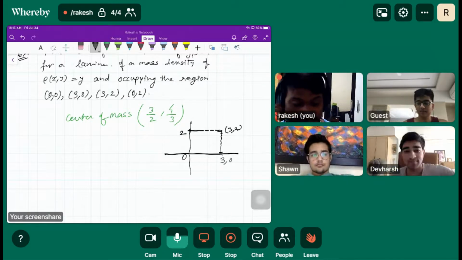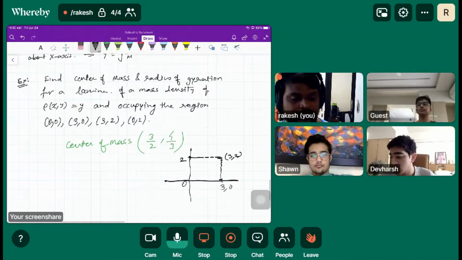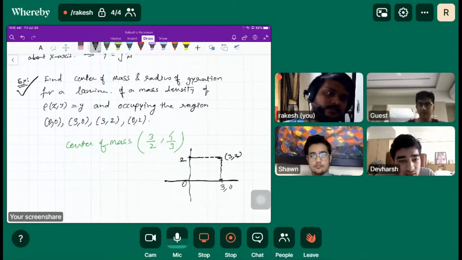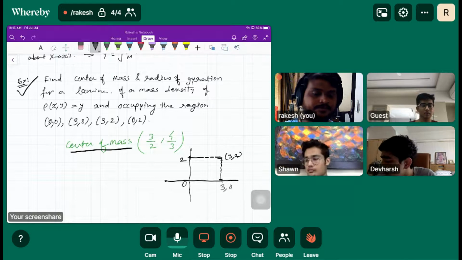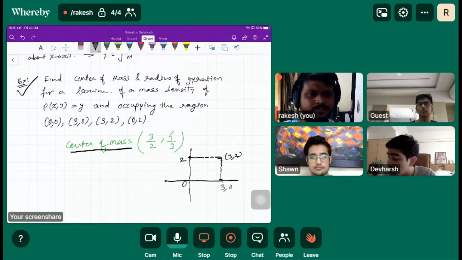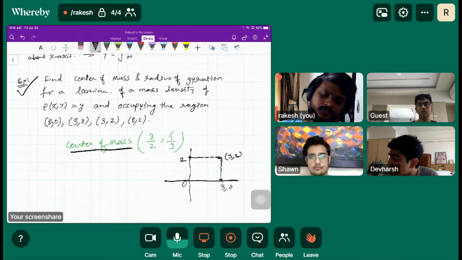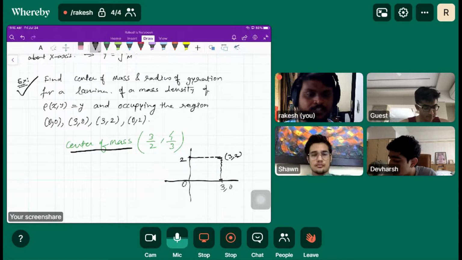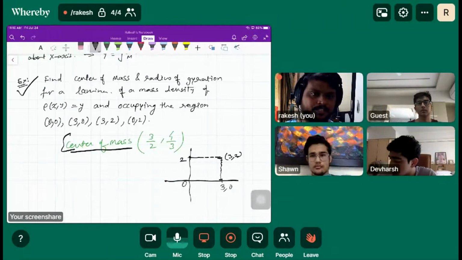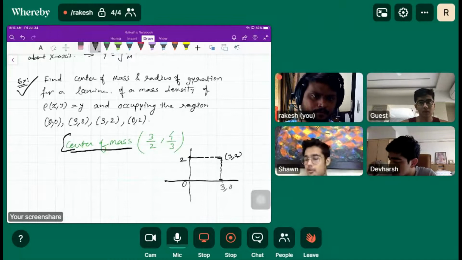Okay, so what about the homework question? Have both of you, Sean and Dev, done this? Did you find the center of mass? Yeah, I did it. I got confused halfway. 3 by 2 comma 4 by 3 and root 2. Root 3 comma root 2, I guess. Okay, and what about you, Sean? Did you get this answer for center of mass at least? I got confused halfway through, so I've just left it.